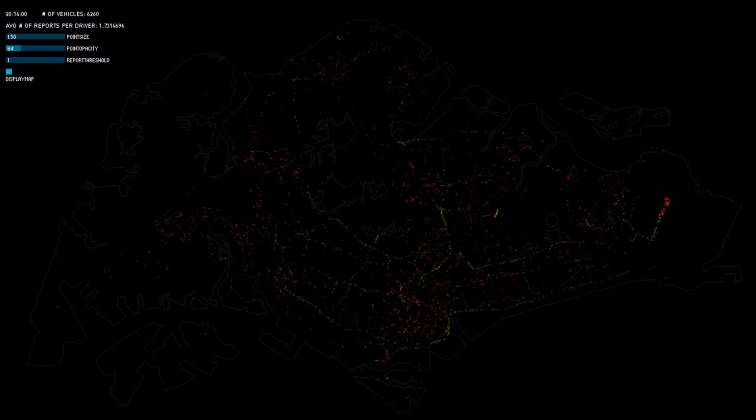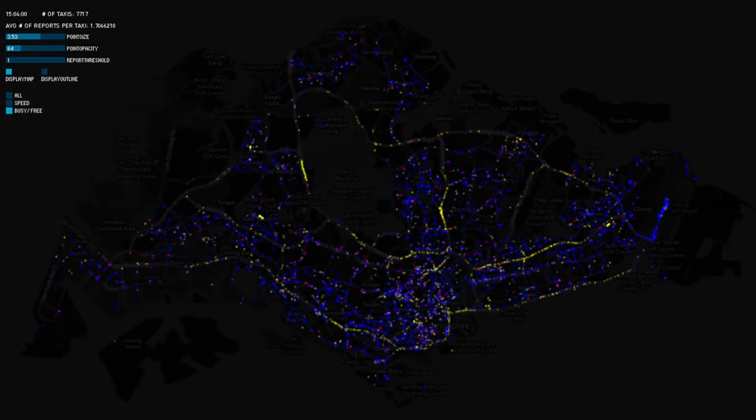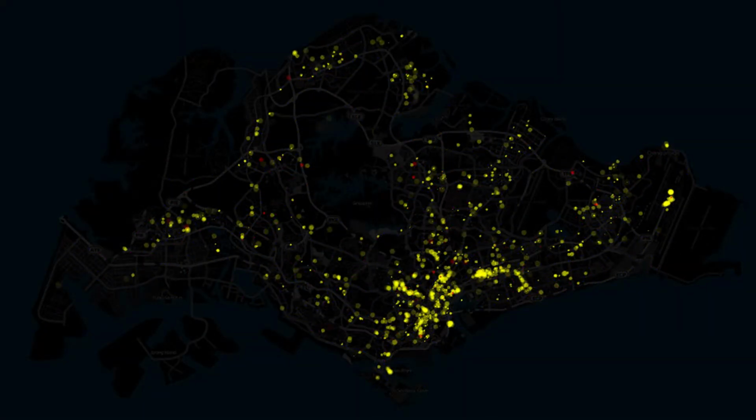We were also looking at, unfortunately you can't see this, speed, with green being fast and red being slow, and the status of the taxis, so yellow means there's a passenger on board. You can see that the highways are being outlined because there are actual passengers in these cabs, and then the blue being the free taxis on the surface streets, or just seeing when passengers get picked up.